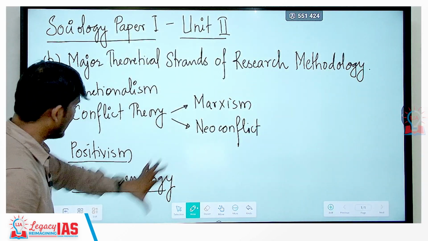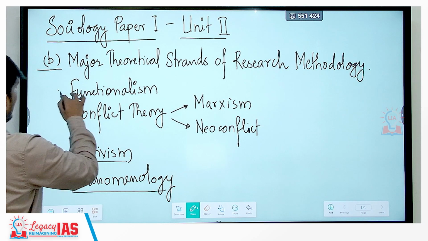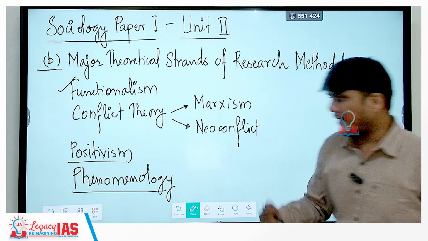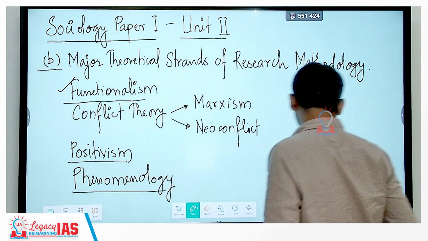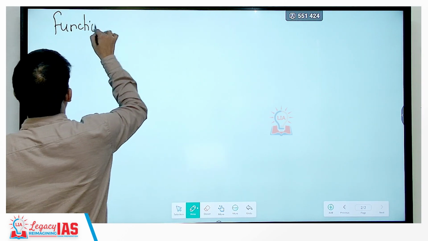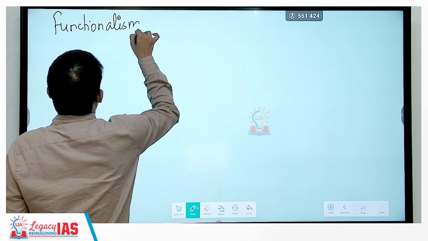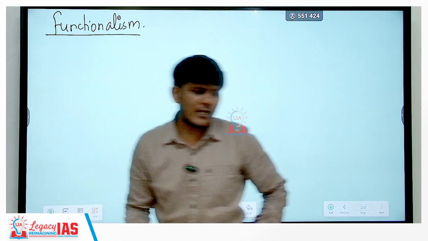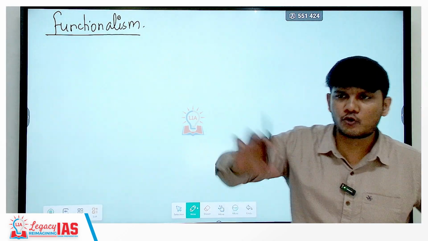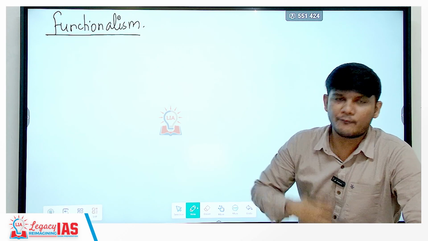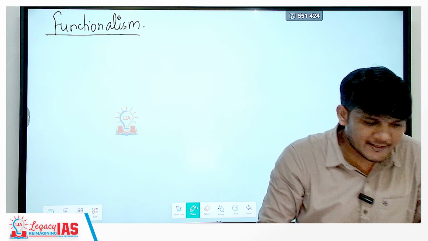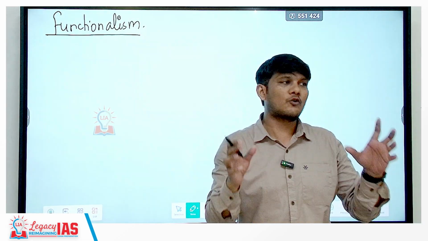But these are the major theories that we will look at, starting right from functionalism, going on to conflict theory, positivism, so on and so forth. So let's start with functionalism first. If I have to explain functionalism to a layman, forget all the sociological wordings, of course you have to write them in the answer, but for the understanding, please understand that when you talk about functionalism,